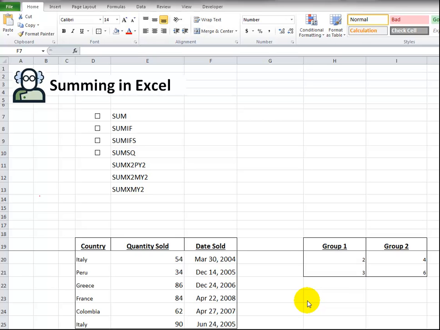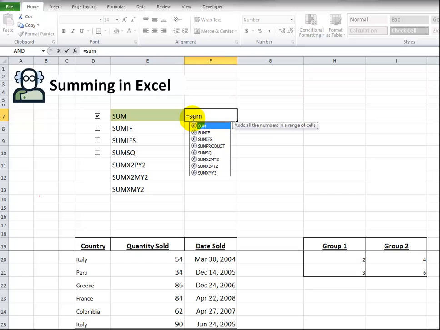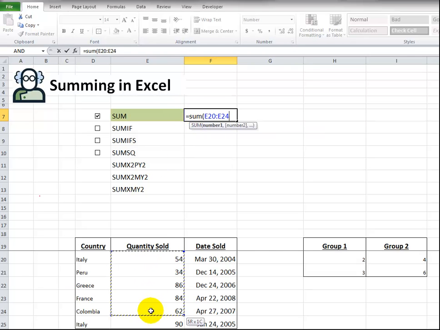In this video, I'll teach you how to add up numbers in Excel. By far the most common function that you'll use is the SUM function. It's simply adding up numbers. So you just type in equals SUM, the open bracket, select some numbers, simple as this, put the ending bracket